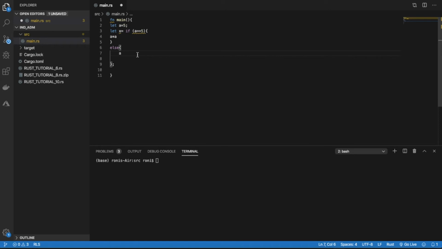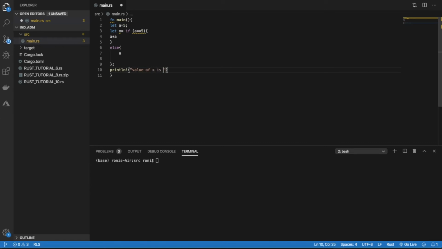It is more or less the same as in our Jupyter notebook. If someone is familiar with Python, in Jupyter notebook also we are doing the same thing. Whatever value or variable name you write, if you execute, it will automatically print it on the next line. So it's done. Our value is 5, so this condition will become true, and the value of x will become 25. Okay, so after that I will type here println,